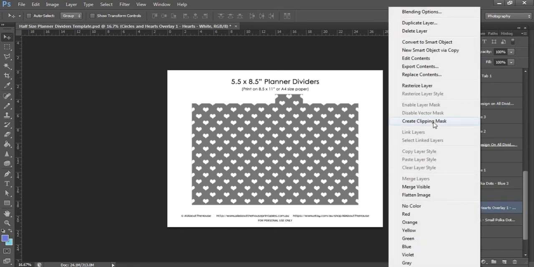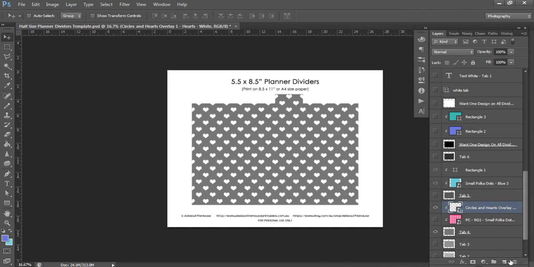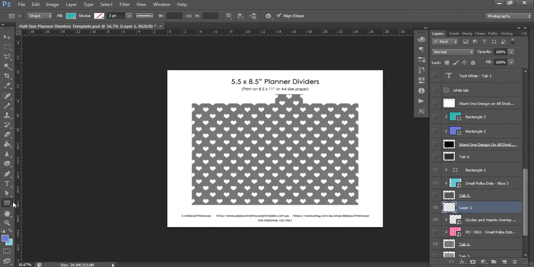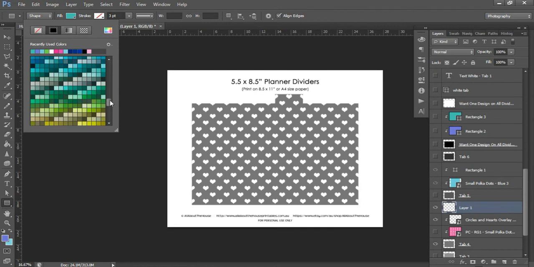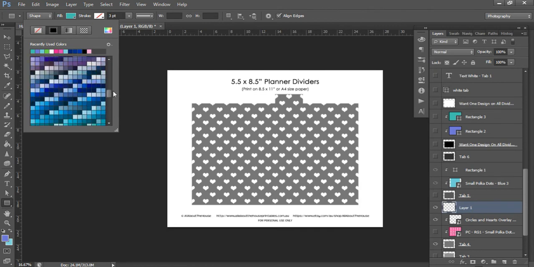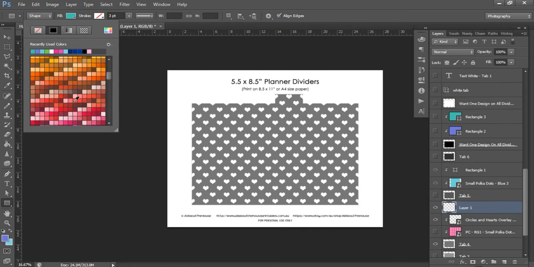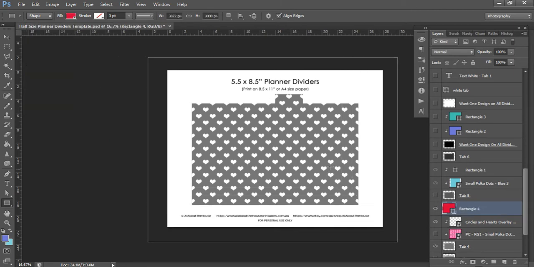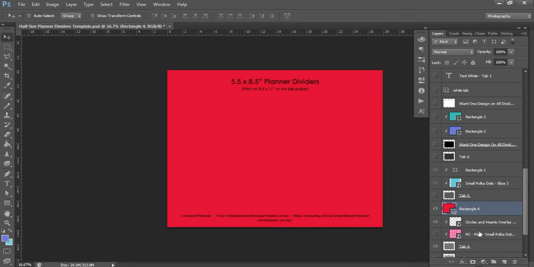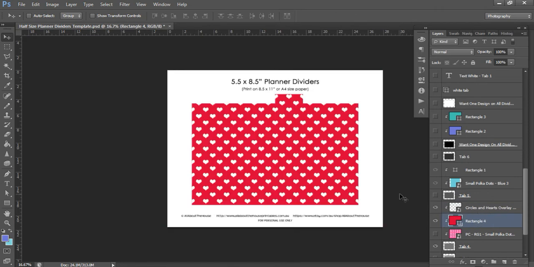So just right click and choose create clipping mask, and then you can create a new layer and add your color. So go over to the shape tool, right click, select rectangle if you haven't already got that selected, and then you can pick whatever color that you want. So let's say I wanted some red hearts. Just left click and drag to create your color. Bring it down behind your overlay, so left click and drag it behind this overlay layer,